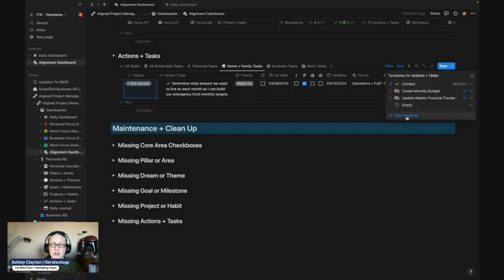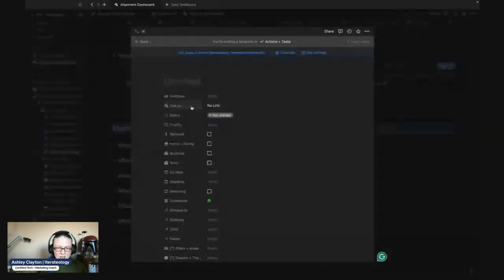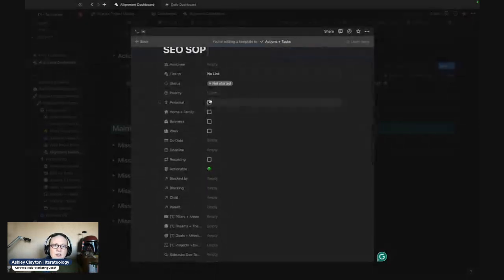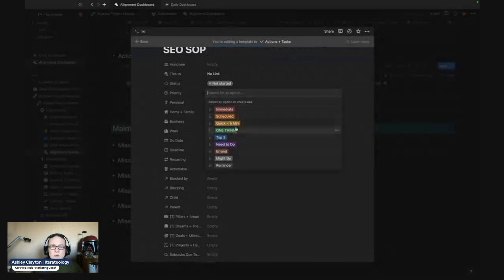So we'll just start with a new template. So you can create a new template. So let's say SEO SOP. Usually I have it something like monthly SEO reporting for client X. And then I have all of this set up to where this needs to be done immediately that day, or it's one thing. So usually it's like, hey, as soon as I get here, I haven't even walked through one of these. So we'll just do this as I set this up because this will be good.